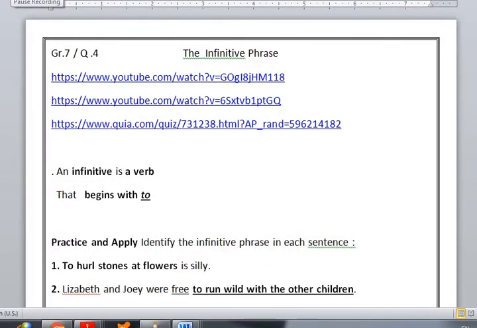This is Mr. Gamal with a new grammar lesson, the infinitive phrase. Before we start our exercise and lesson, we should first identify what the meaning of phrase is. Last time we took